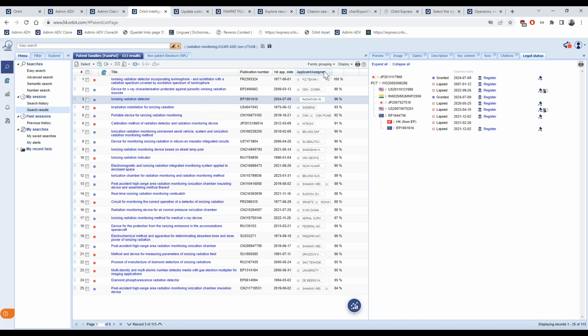You can do it from a result list, click on family grouping. This patent families is the FamPat database. By patents is FullPat. And extended patent families is the INPADOC families for the European Patent Office.